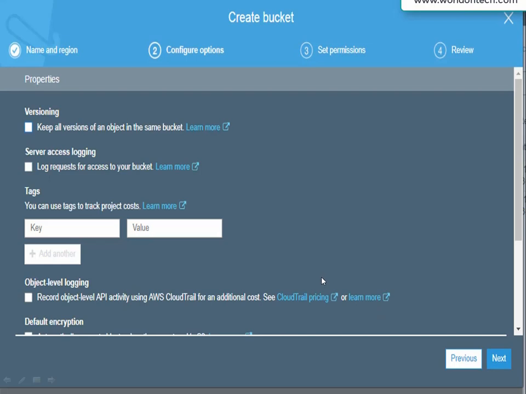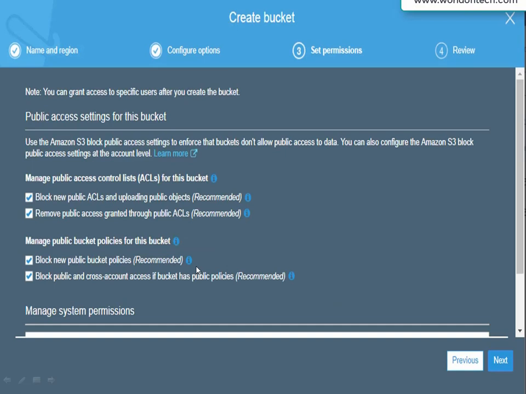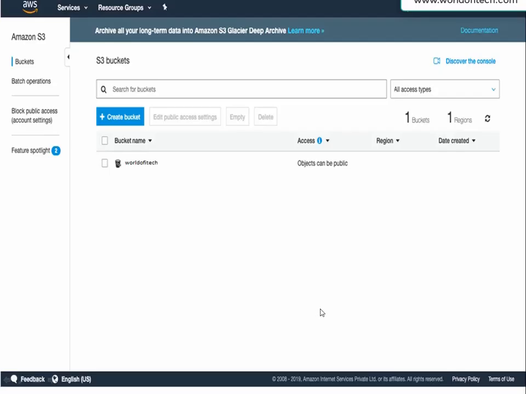Now you can configure the options, that is, you can set the versioning, server access logging, etc. I have all the settings as default and then click on the Next button. Set the permissions. I have all the permissions as default and then click on the Next button. Click on the Create Bucket button. Finally, the new bucket is created whose name is Verify Tech.